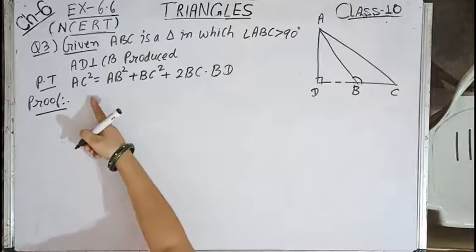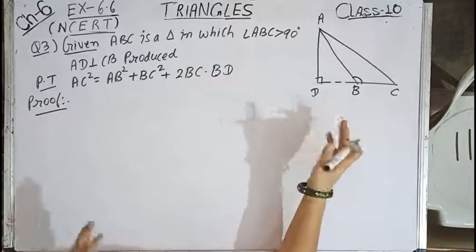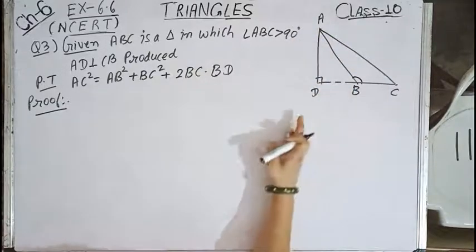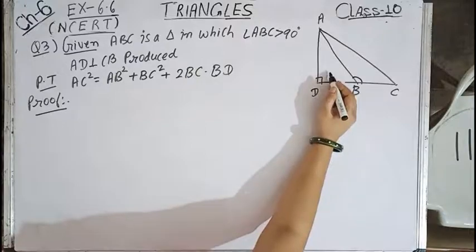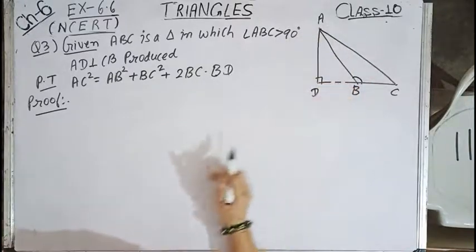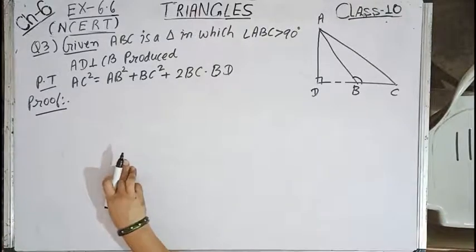So we have to start with AC square. We will find a right angle triangle in which AC is a part. Obviously that triangle is triangle ADC. Here we can see that one more right angle triangle is there, that is triangle ADB, in which AB square equals AD square plus DB square, which we can use, because AB square is in the RHS part as well.